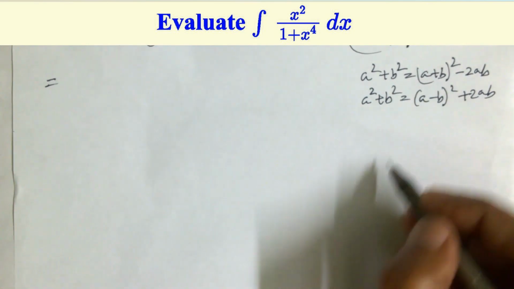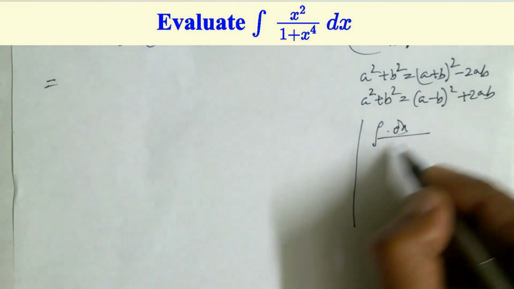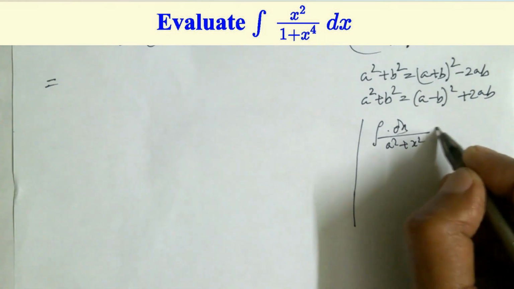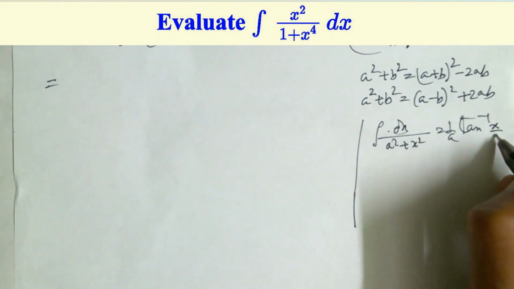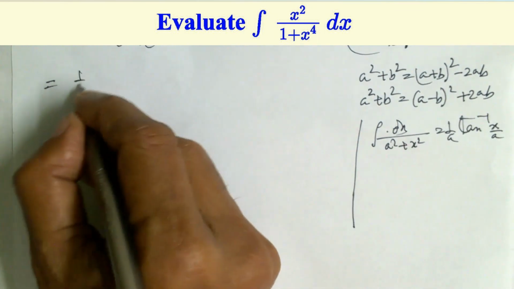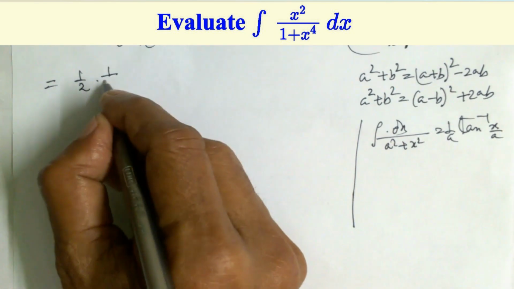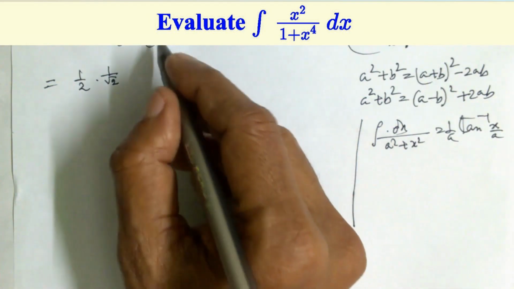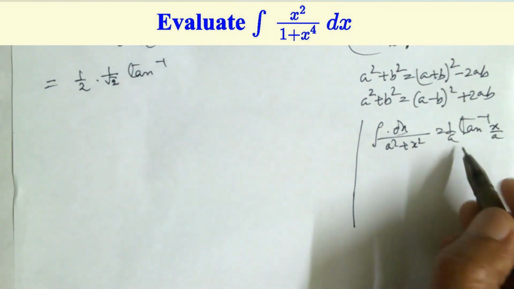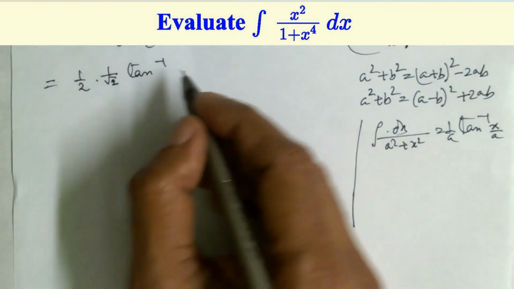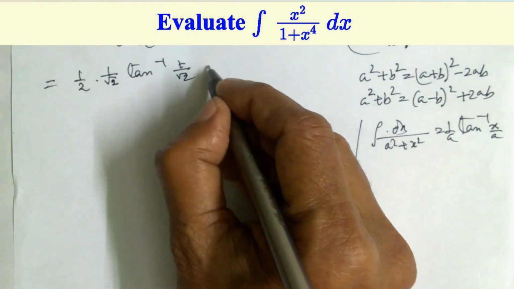Integration formula. Writing here, integration dx by a square plus x square is equal to 1 by a tan inverse x by a. Here 1 by a means 1 by root 2, tan inverse x by a. x means here t, a means root 2, plus